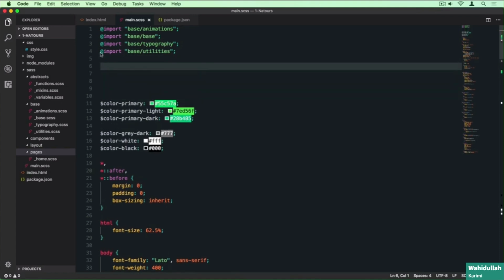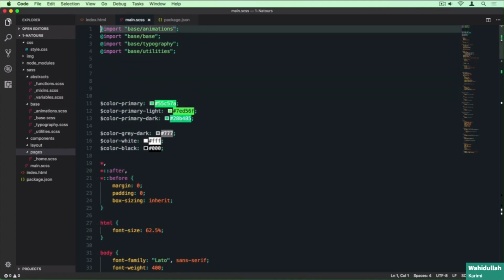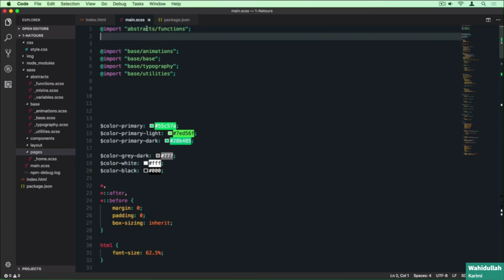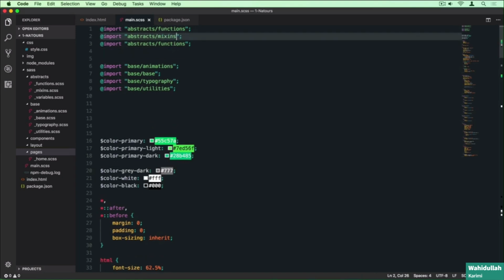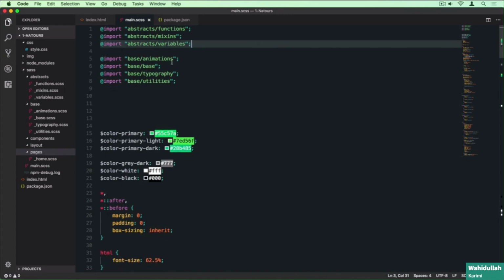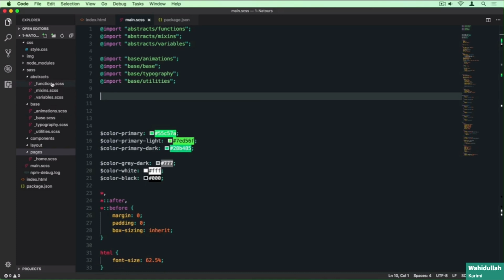All right. Now in the abstract, it actually comes before, so let's put it before here. So import abstracts and then functions. And let me just copy this entire mixins and then variables. All right, so abstracts, base, components is still empty, so nothing there, layout as well, and now pages. So import